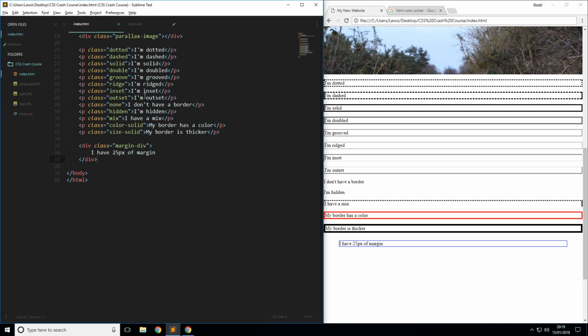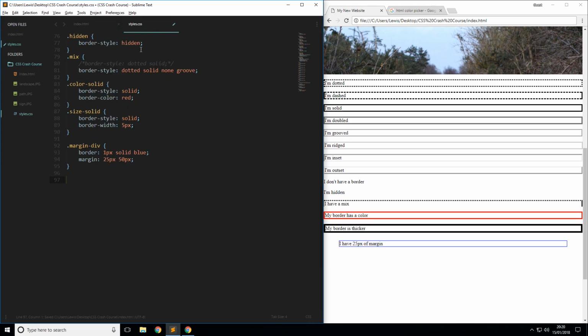Let's have another element, or another div even. We'll call it margin hyphen center, and we'll say I am centered. That's not how you spell centered, is it? Centered in the middle. Let's just play it safe. So dot margin center,